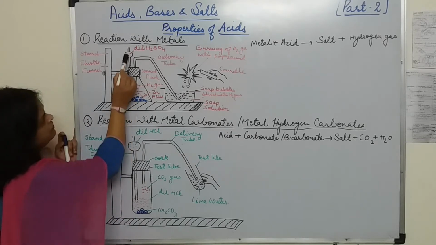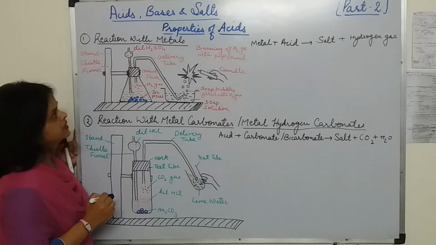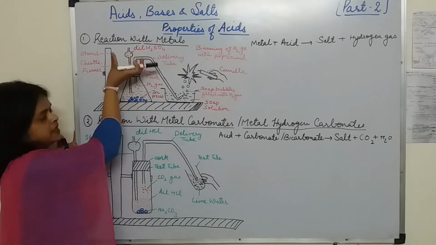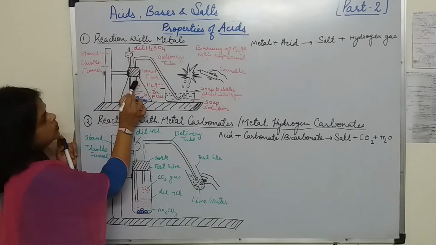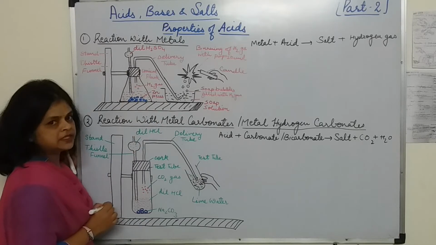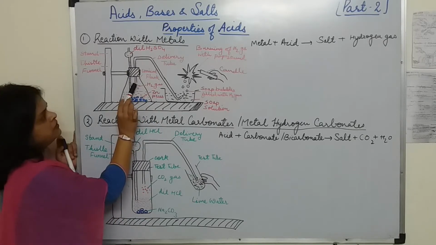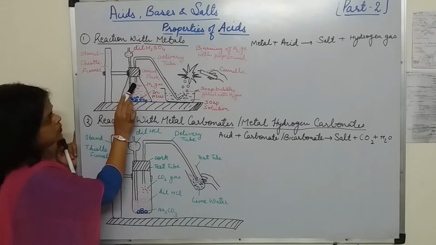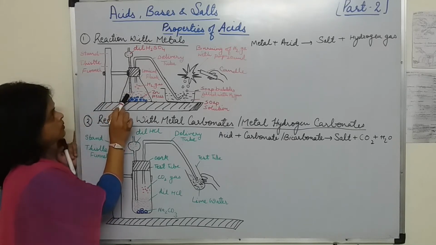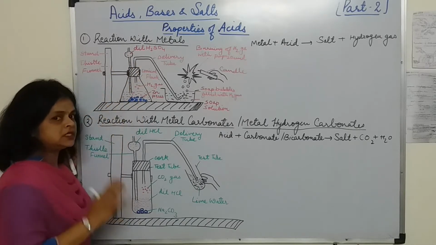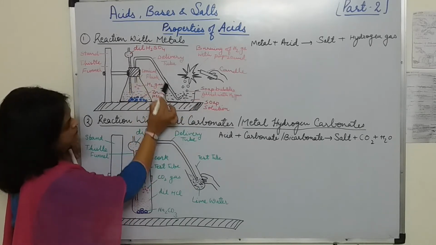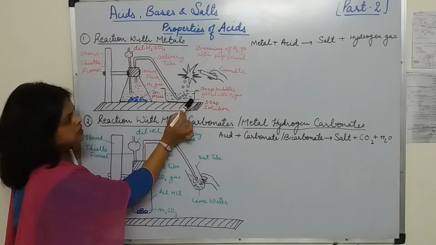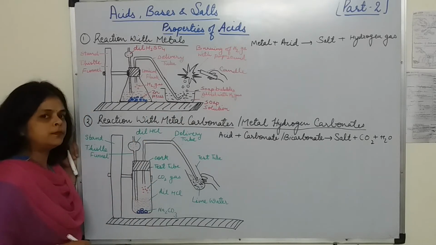In the first hole we have placed a thistle funnel. The thistle funnel is a special apparatus which is widened at the top and has a long glass tube. Now in the second hole a delivery tube has been placed. The upper end of the delivery tube is in the air, and the lower end of the thistle funnel is dipped in the acid which we are adding; we have to keep this in mind. And here we have placed a beaker in which the delivery tube is bringing the gas, and this beaker is filled with a soap solution.